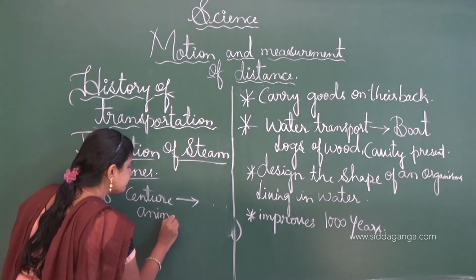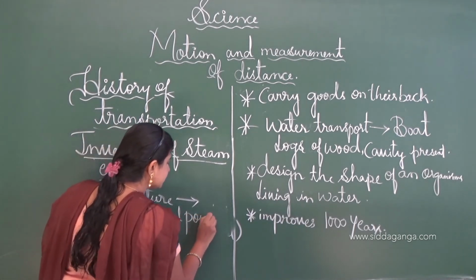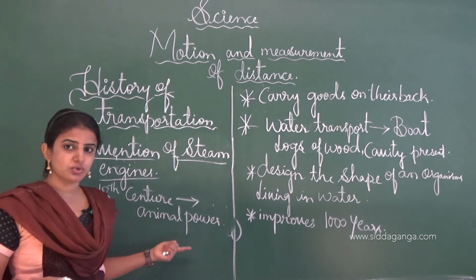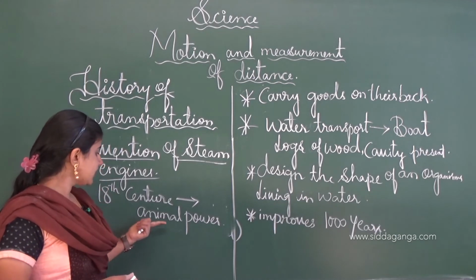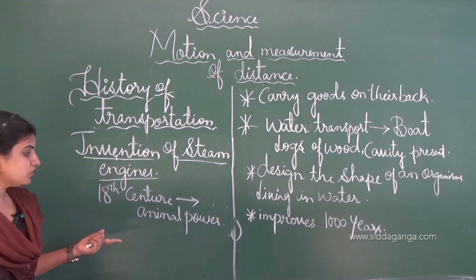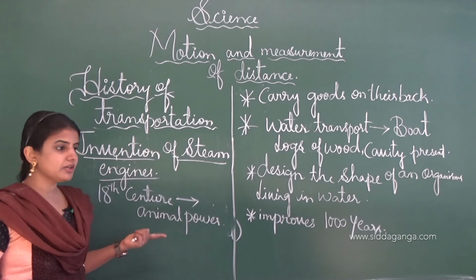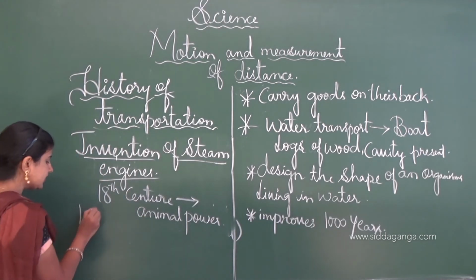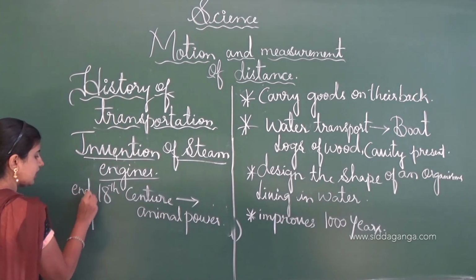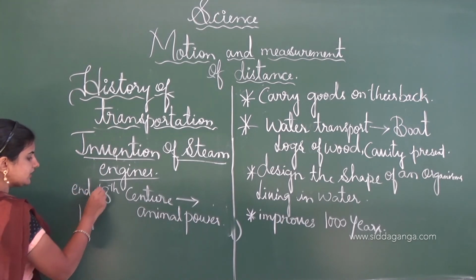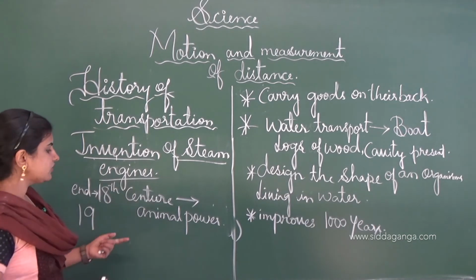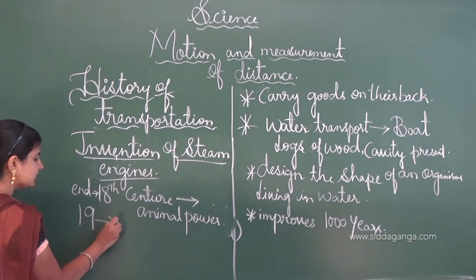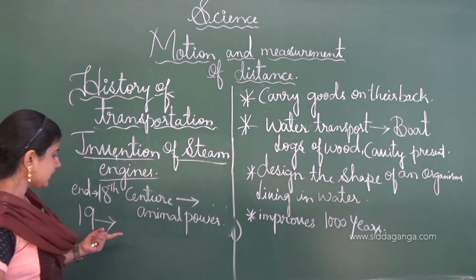See, animal power is nothing but they depend on the animals. They travel from one place to another place by using those animals, and thereby we can say that at the end of the 18th century most people depended on animal power. Whereas at the beginning of the 19th century, the people